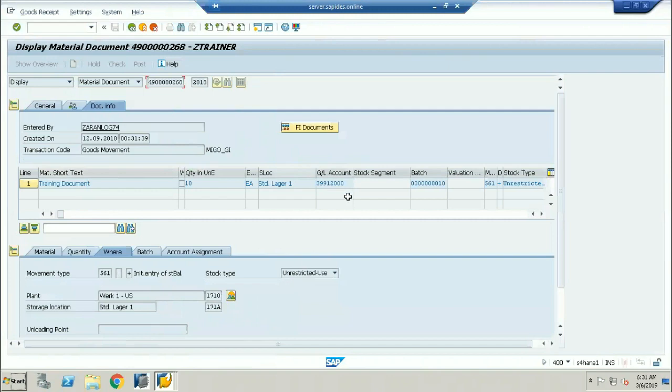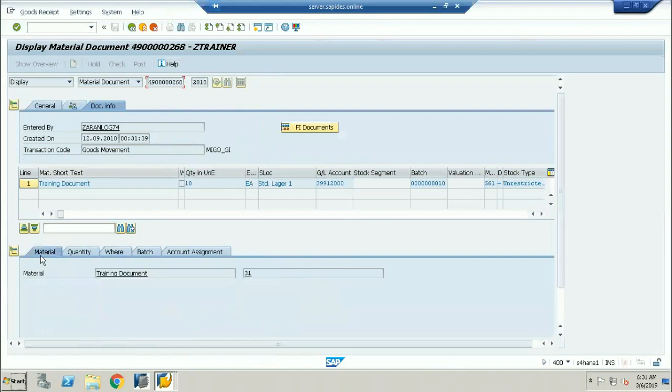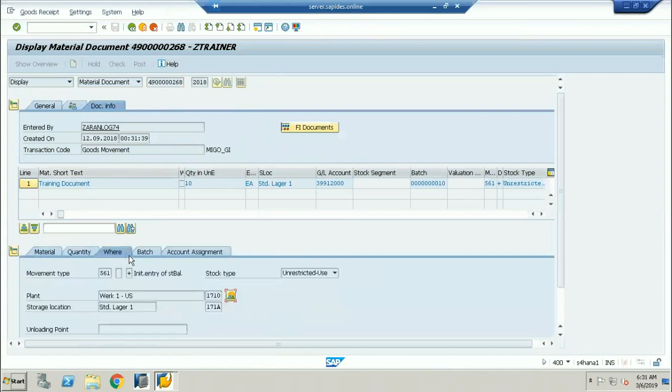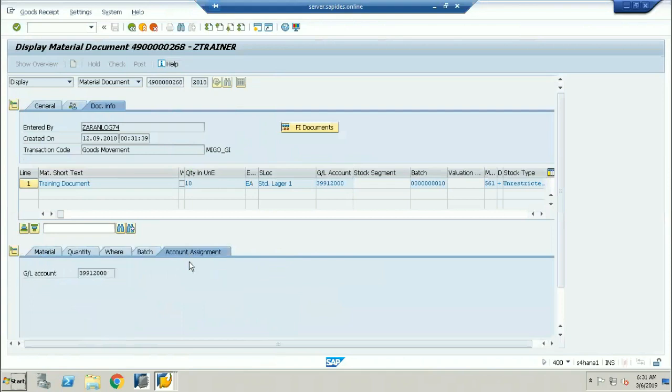We can see here, this is what exactly we can call a MIGO screen. And here, these are the details about the particular MIGO, which is going to be called a goods receipt. If I go into the material, this is the material, and this is the quantity of the raw material we have received for the MIGO. This is the movement type, the plant we are going to be doing this for, and the batch which you are going to be using, and account assignment.